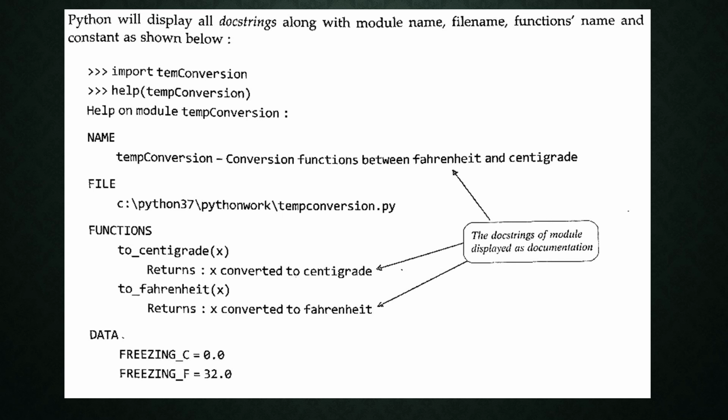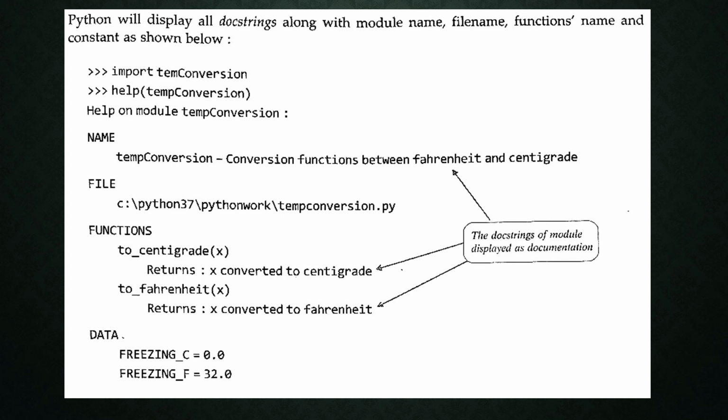Whenever you want to see the details of a particular module, just type help, with the module name within parenthesis. First import the module name, then help module name. It will display the purpose of the module, the name of the module, the name of the file, the functions defined inside that module, and the constants defined under that module.